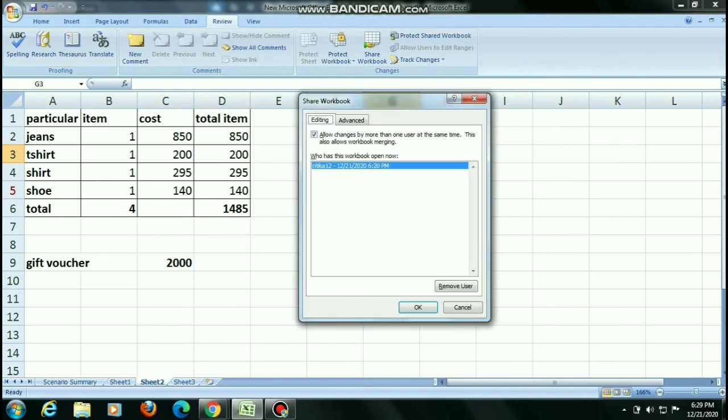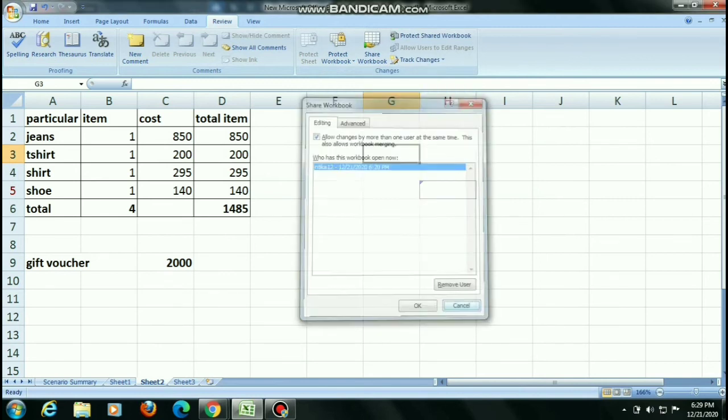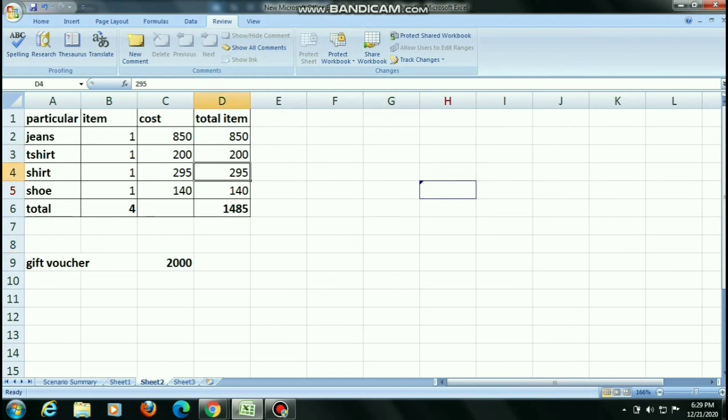When you click on share workbook, you will see that your worksheet is now shared. Okay, the complete workbook will be shared. Here in this particular sheet you will see a few things written. In place of 200 I am writing 300, in place of 1 I am writing 7, in place of 140 I am writing 120. You will see a few color changes there. And here in total I am writing 5. You will see color changes here because I started track changes. It starts tracking the changes that people are making. So this one is track changes.